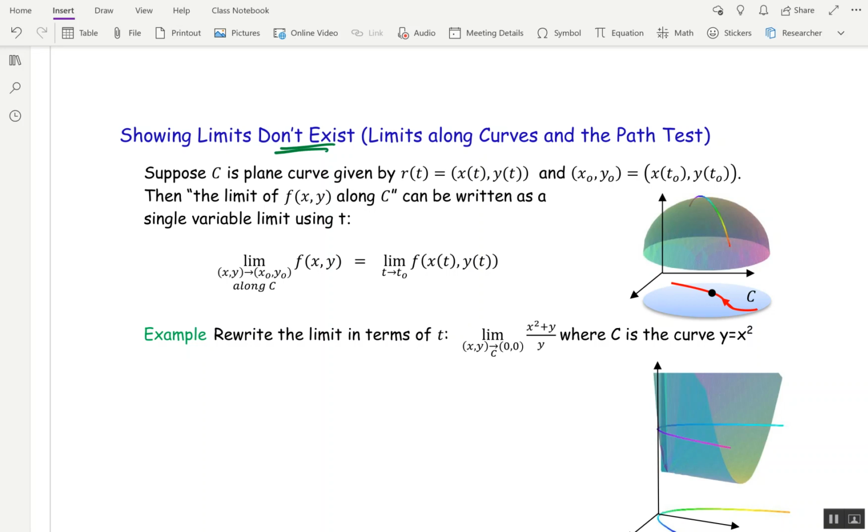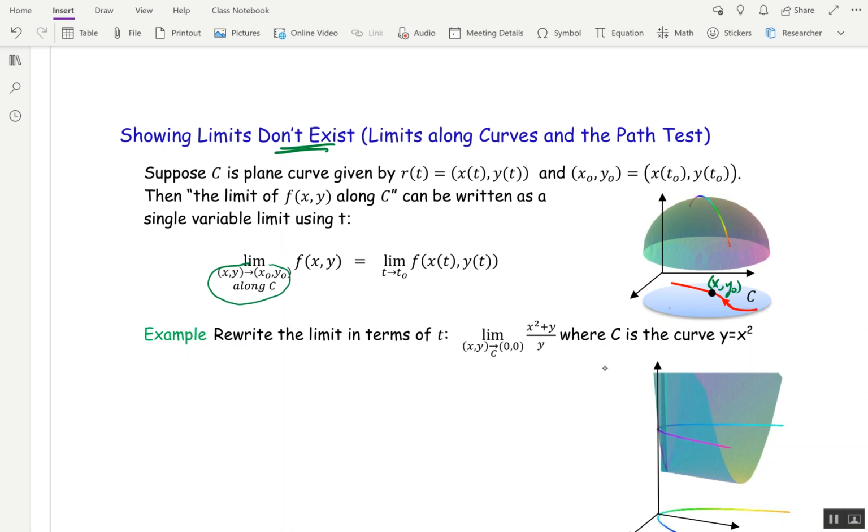Okay, so this is called the path test. Suppose we have a curve in the domain, right? And we can specify the limit towards x naught, y naught. And we can say, I don't want to go in any other direction except along that curve. I want to approach x naught, y naught, that's down here, along that curve. And so the way to do that is to parameterize the curve. That's why we had that little primer on parameterizing. Parameterize the curve, write everything in terms of t,